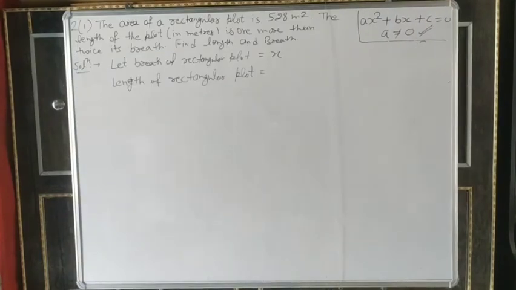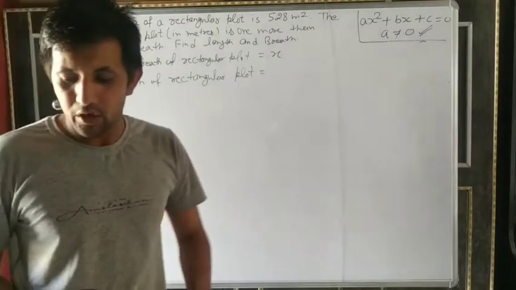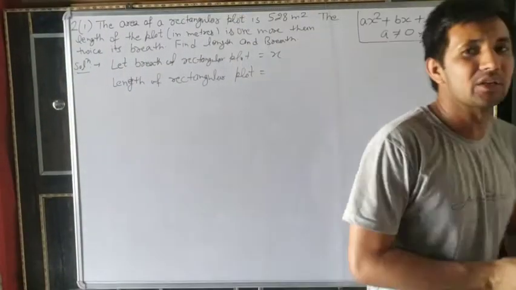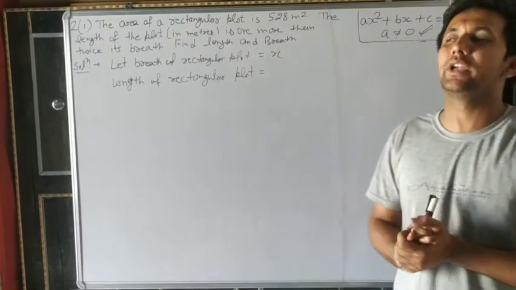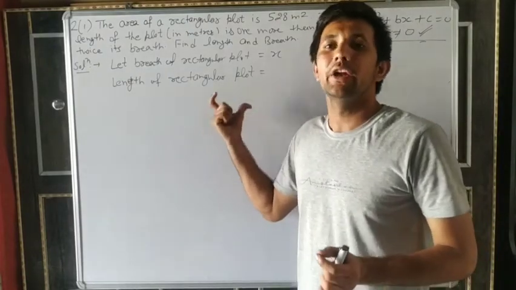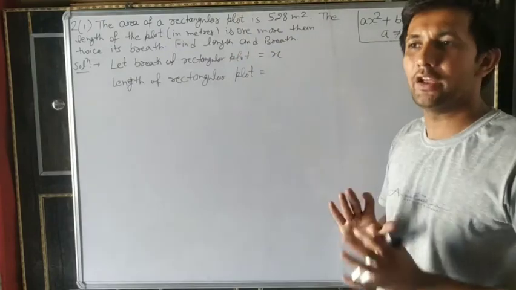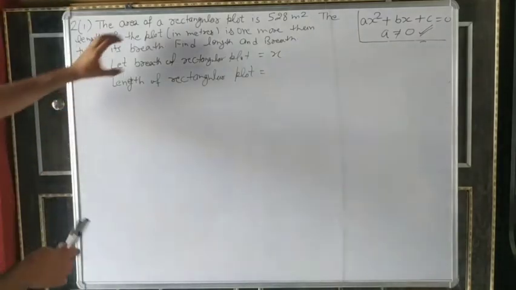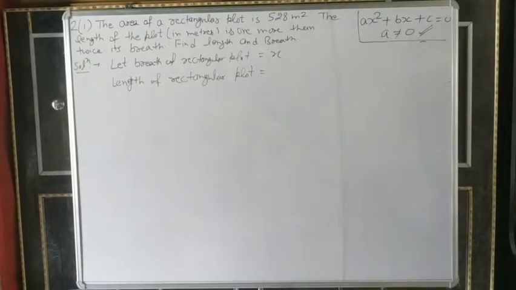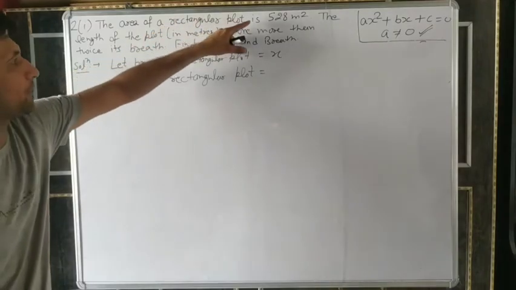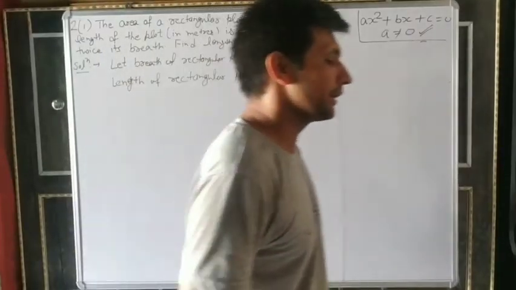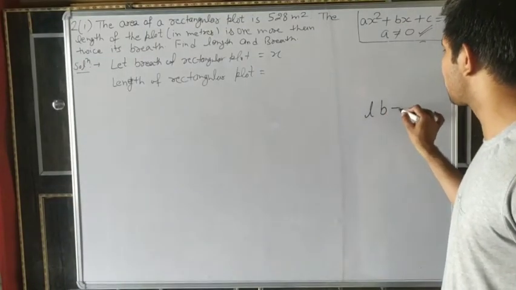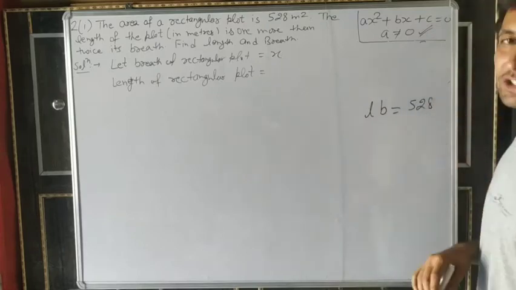Now second question, first part. In the second question, dear, we only have to represent the following situation as a quadratic equation. Only in question number 2, dear, we have to make only the quadratic equation by using this situation. We have no need to find the value, only we have to make the quadratic equation. So what is given, dear? The area of a rectangular plot is 528 meter square. So the area of a rectangle is always, we know, length into breadth. So L into B equal to 528. It is given or not?